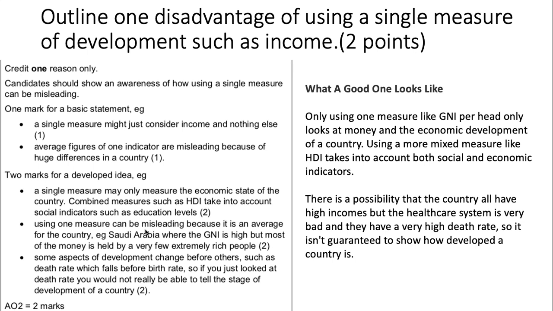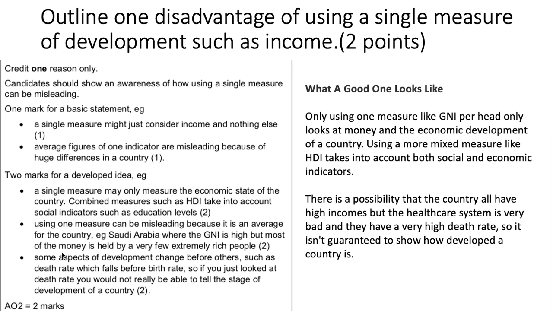Remember you can talk about that. So if you just say that it's an average, then you're going to get 1 mark. But if you say it doesn't take into account other factors, that will get you 2 marks. So we've got a couple of suggested answers that have been identified